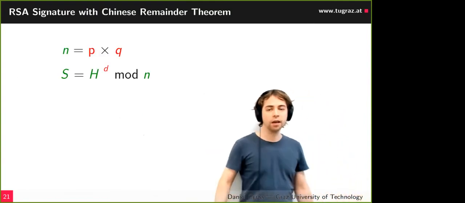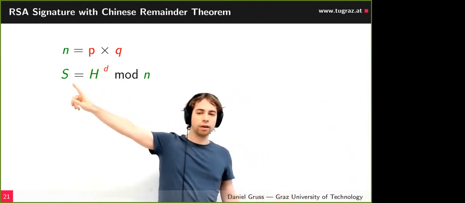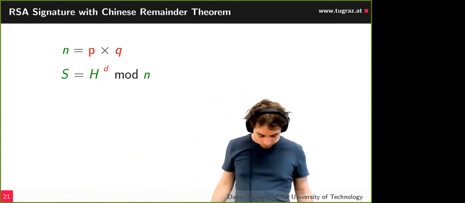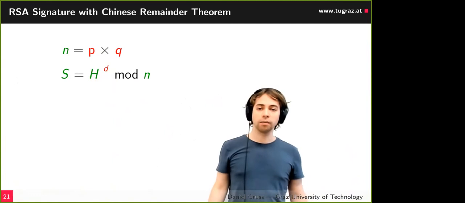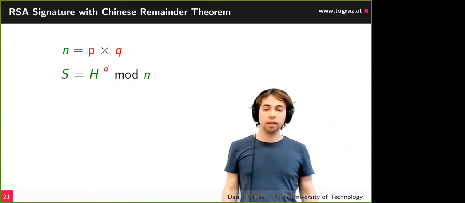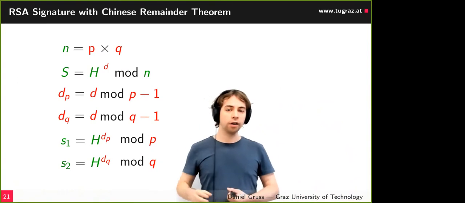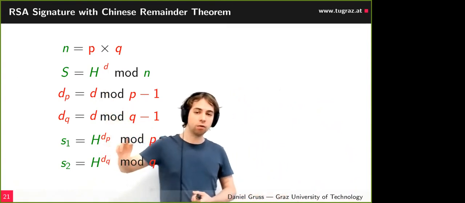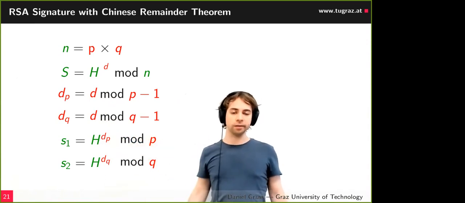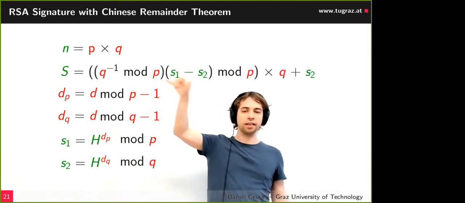So for the basics, you need some prime numbers there. Then you compute a modulus. Then you can generate a signature by computing the hash of the message to the power of d. And what you do next is you want to basically make this operation cheaper, so you can instead perform these two operations so that everything runs a bit cheaper, a bit less of exponentiation. This is, of course, a lot of mathematics, and now to compute a signature, you also have to change this and use these